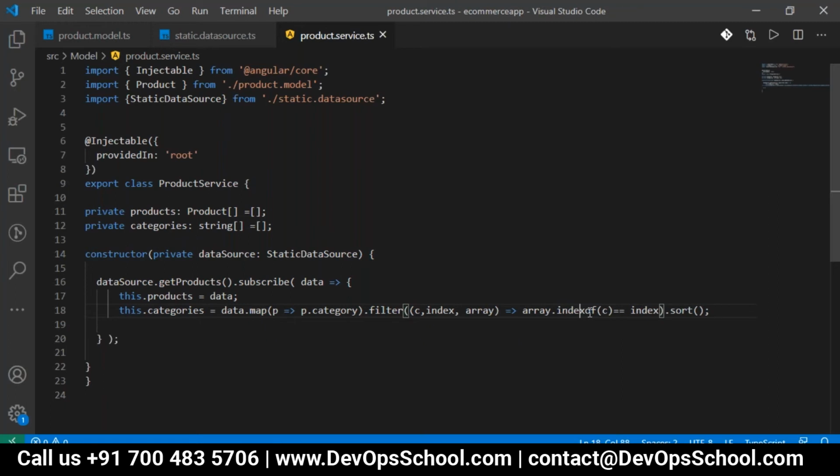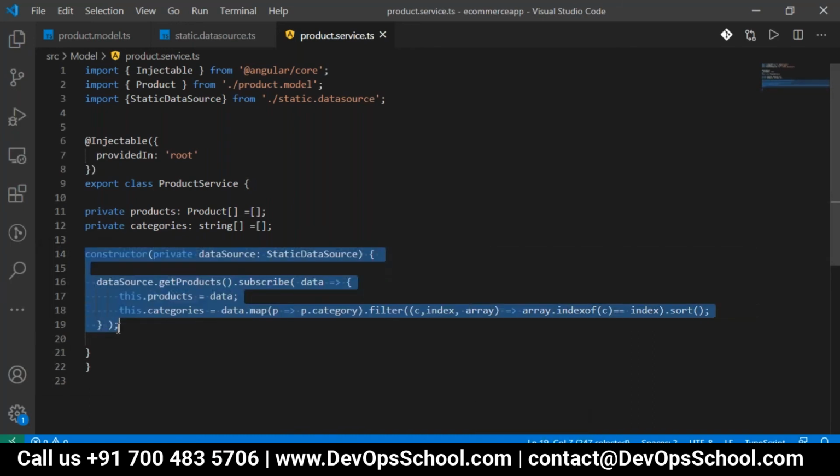In the indexOf method, if the index is equal to the index we are passing, then it should do the sorting. So we are getting how many categories there are, sorted, and stored into the variable called categories. Now this will get all the categories and the products and store them into the variables. So that is what we have done here. Are you clear with this method, guys?